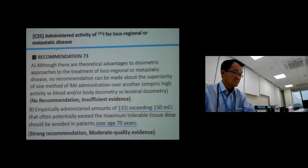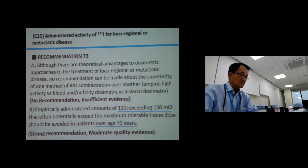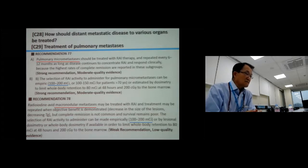So this kind of empirical dose has been challenged. In the United States, if we give more than 30 millicurie, we have to admit the patient. So by dividing it into 29.9, they don't have to stay in the hospital. So there is some kind of flexibility. And the pulmonary micrometastasis